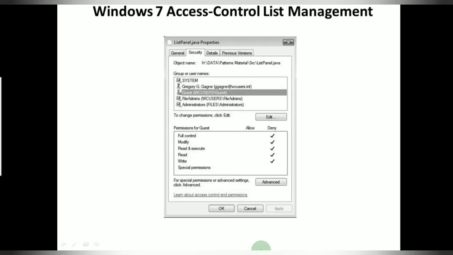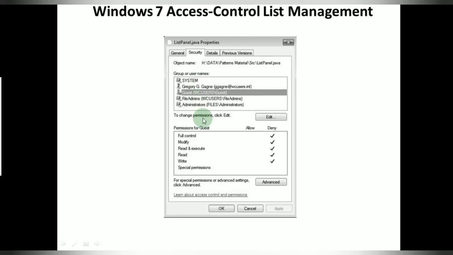And the same thing in the case of Windows. Windows uses an access control list. So it gives you the list of users and what access they can make. You can see here System, and there is another user, Administrator, File Admin.